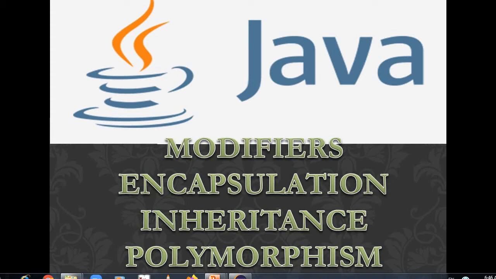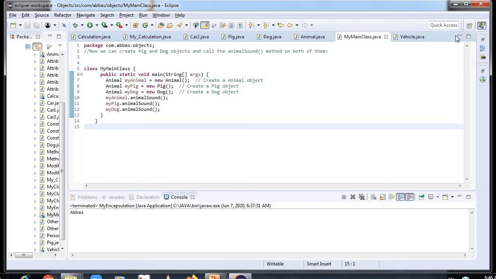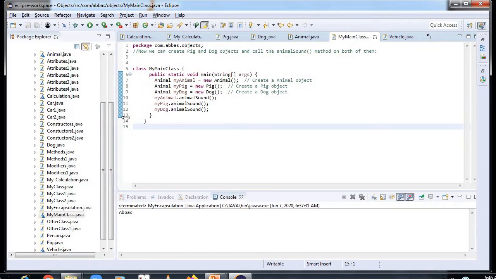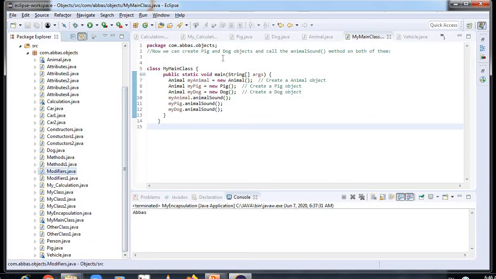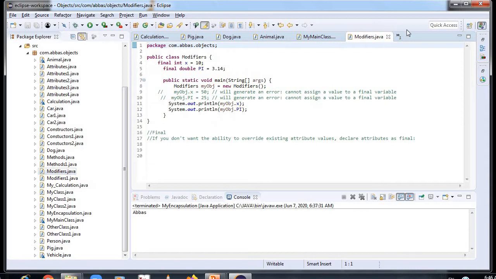So now we'll see our first program of modifiers.